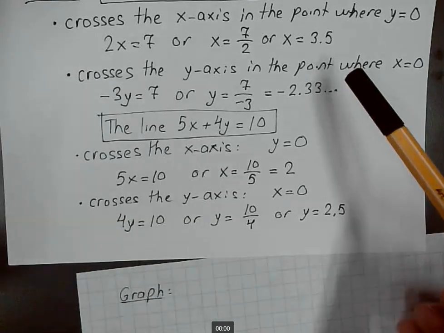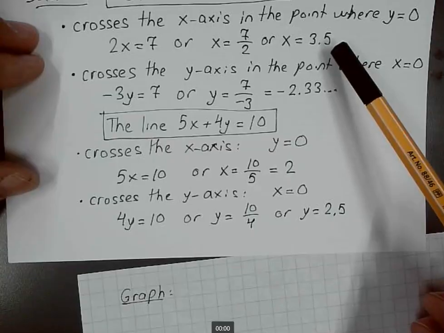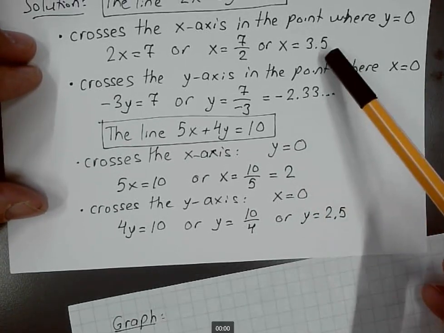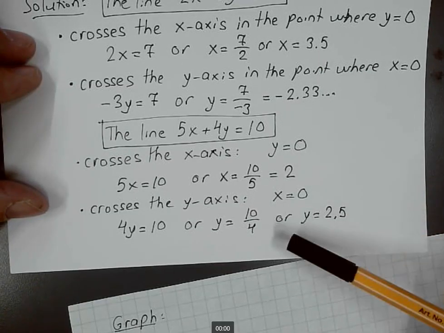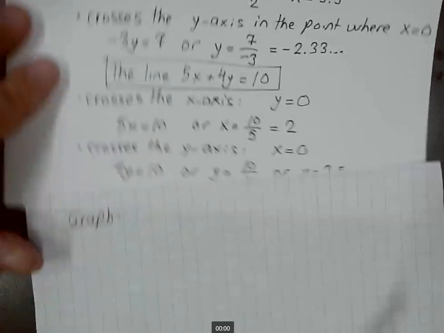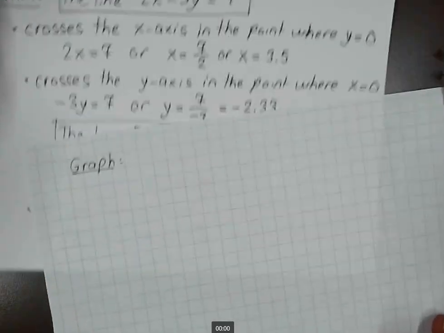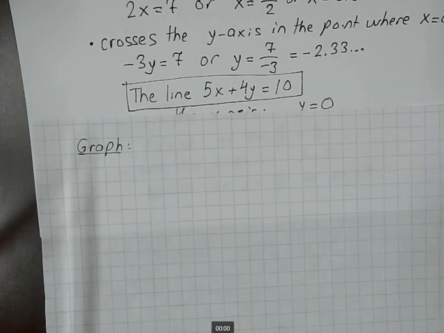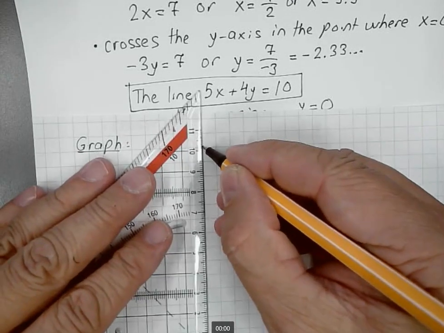Let's see what are the maximum and minimum values. X values are between 0 and 3.5 and Y values between -2 and 2.5. I will draw the picture so that I have this grid paper here. I will draw so that the two squares are always one unit. So I will draw the